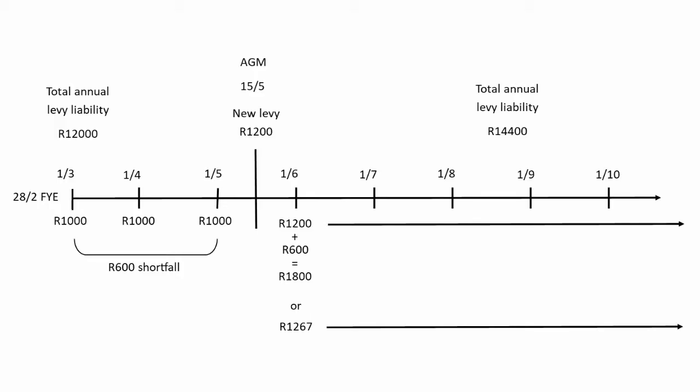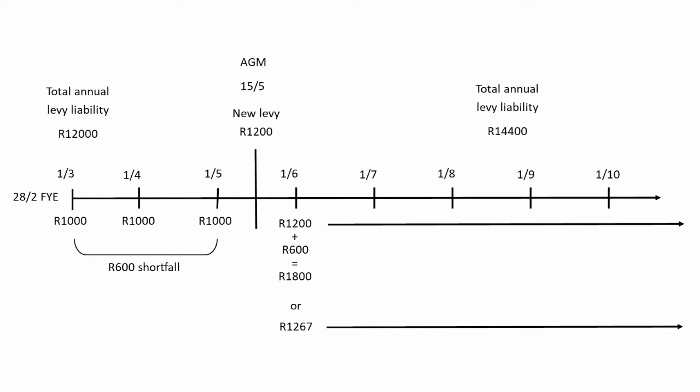Have a look at the example in this little line diagram. This owner's total liability for the previous year was 12,000 Rand, resulting in a monthly installment of 1,000 Rand. The financial year end is February, the AGM is held in the middle of May, and the budget approved at the AGM results in a new total liability for this owner of 14,400 Rand, which requires 12 equal payments of